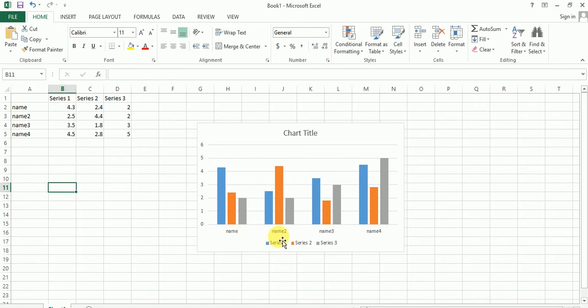Series name 1, name 2, name 3, name 4. When you type any text in your category in MS Excel, then transfer to chart in a horizontal mode. This one, name 2, name 3, name 4. Okay, but the default transfer shown in a chart in horizontal mode is this one.